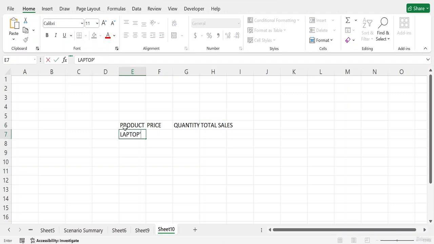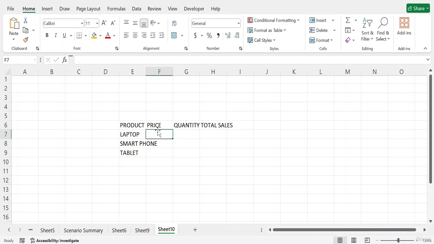For the product, let's say laptop, and I will add smartphone, and after that I will add tablet. Now I will add prices like $500, $300 and $200.